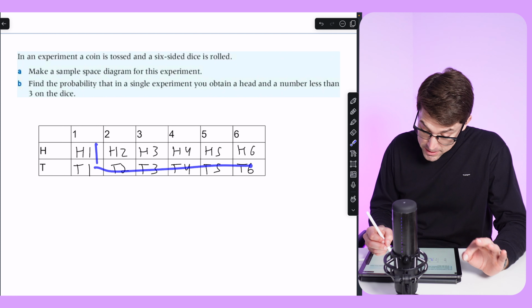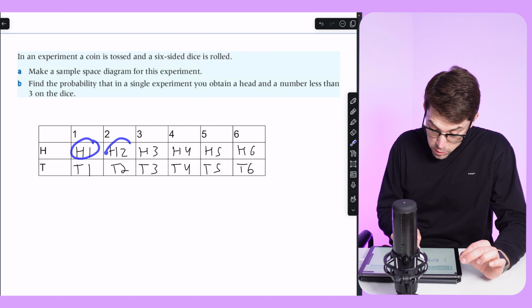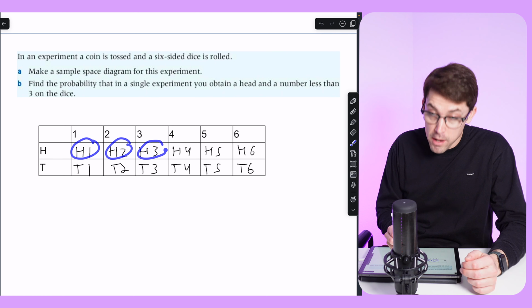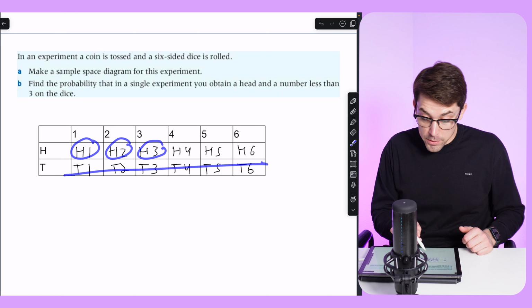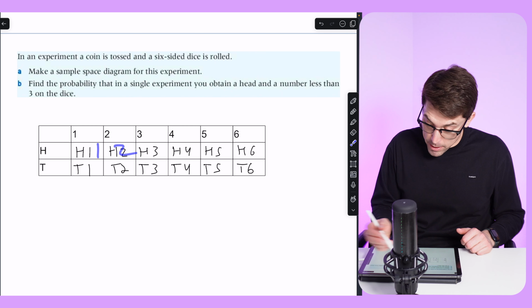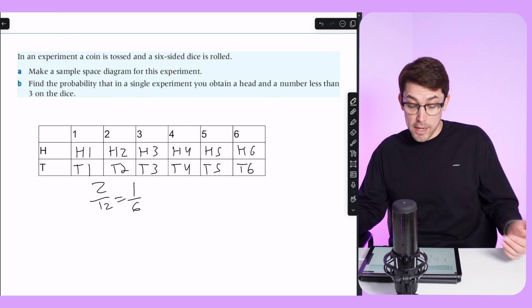Now let's find the probability that in a single experiment I obtain a head and a number less than 3. It has to be less than 3, so I have 1 and 2, and that's actually it, because once I get to here, I now have numbers greater than 3, and anything in this column is going to have tails. So I'm only going to have 1 and 2 out of my 12, which would give me a probability of 1/6. So that's what sample space diagrams are, a nice visual way for us to easily count up probabilities,